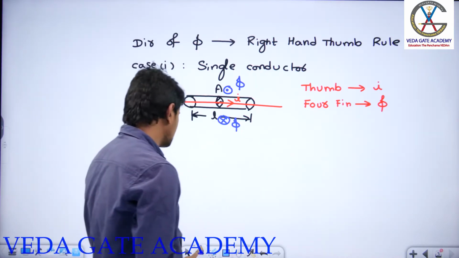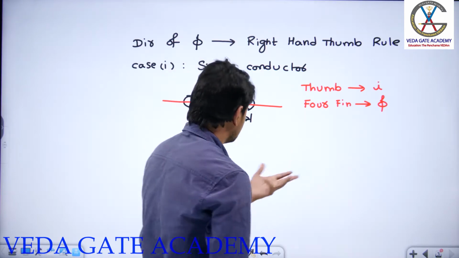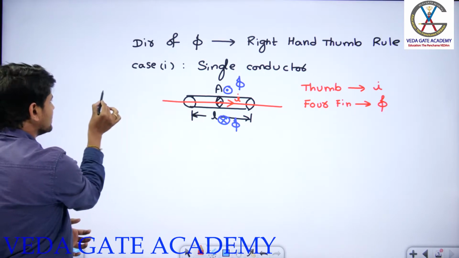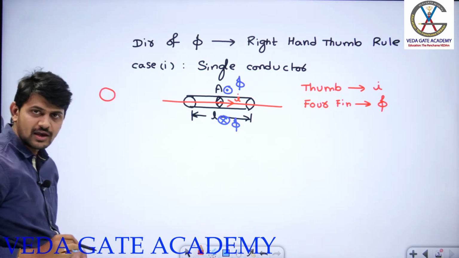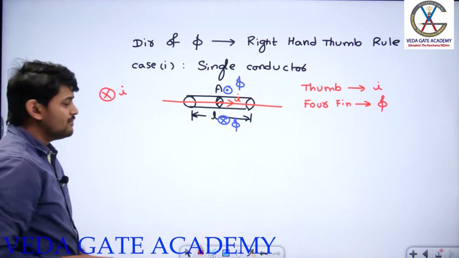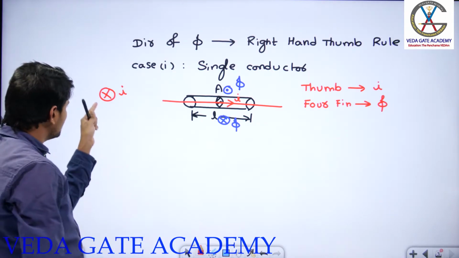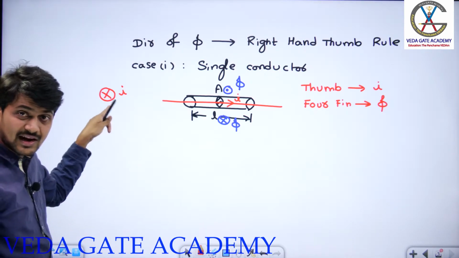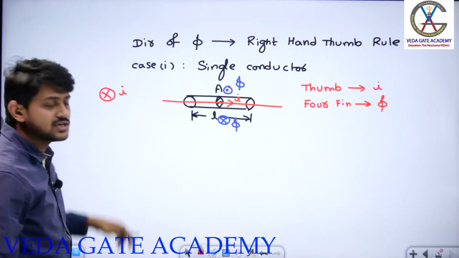Even in some situations in machines, instead of drawing the entire conductor in this fashion, they will simply represent it in this way and show the direction of current in this fashion. Then if I have a conductor shown like this, what is the direction of current in this particular conductor, guys? The direction of current is into the plane.